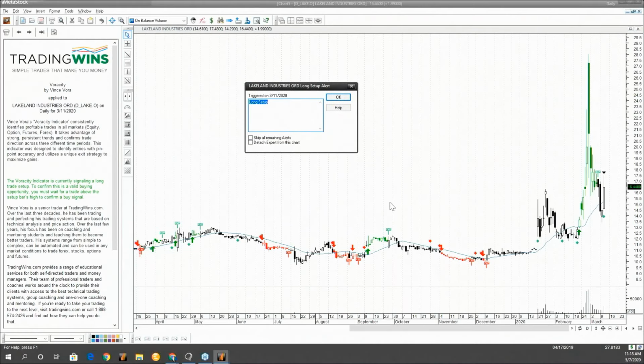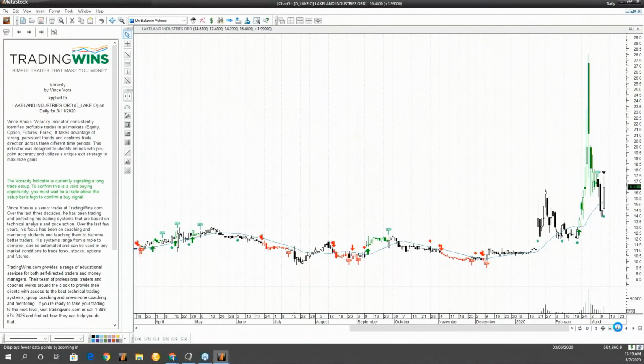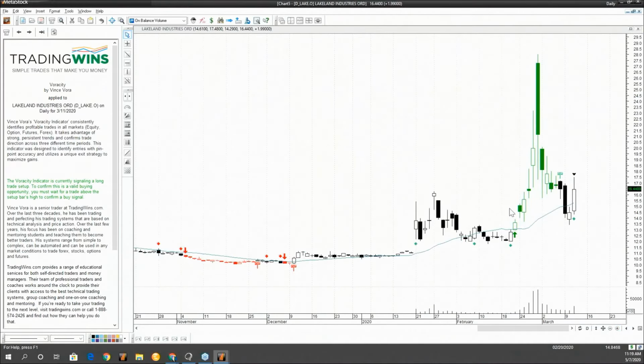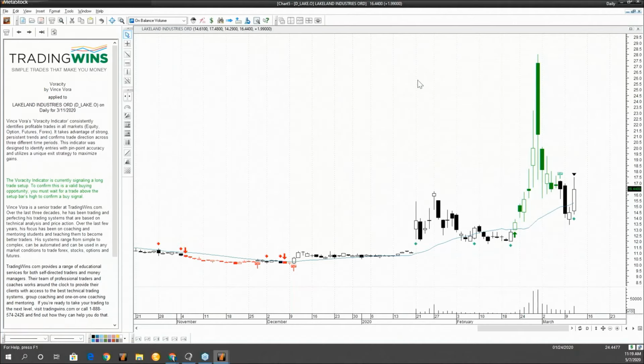But here's the thing that's really nice. Because I ran that scan on all the long setups, and this was one of the top two that I like to place trades within the price range that I like to look for, I'd actually just gotten a long setup. So in this one actually would have been really well. This was the last trade that I took. I actually put in a limit order right here once I had that setup. And I rode it all the way up to here, and then it started to fall back, and I ended up losing a little bit of money, but I still was able to capitalize on a lot of it. That's a nice thing with Veracity. It really does help you take advantage of those larger moves.